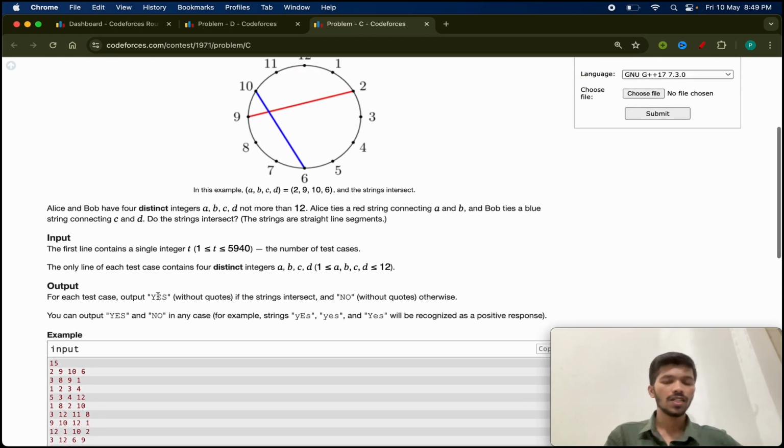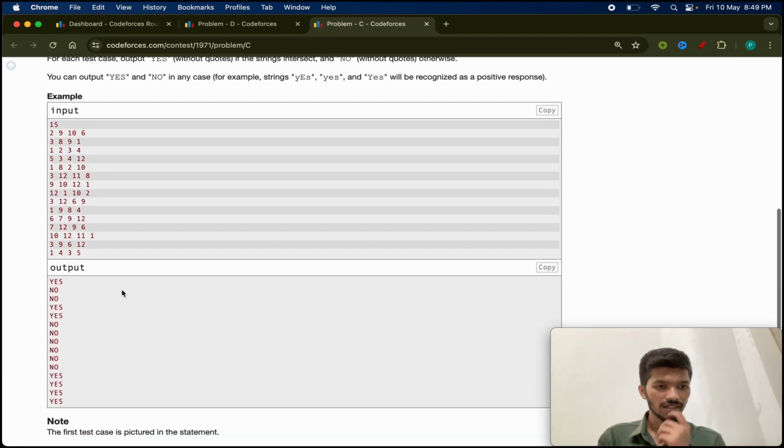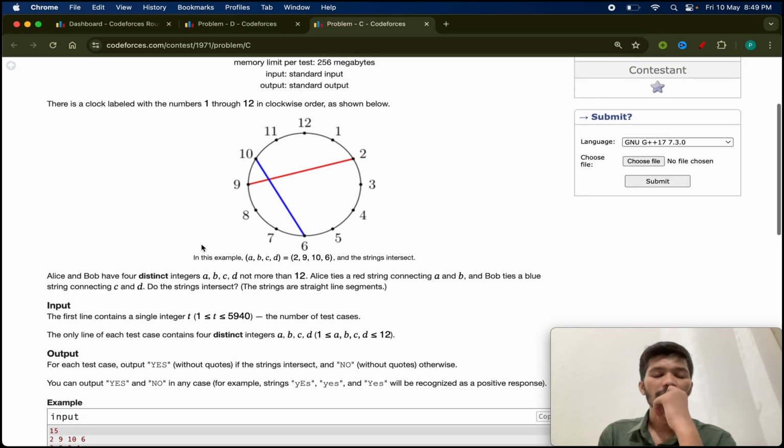How will we identify whether they intersect or not? It's a much easier problem, but I'm not getting the exact catch. From observation, what we can say is,